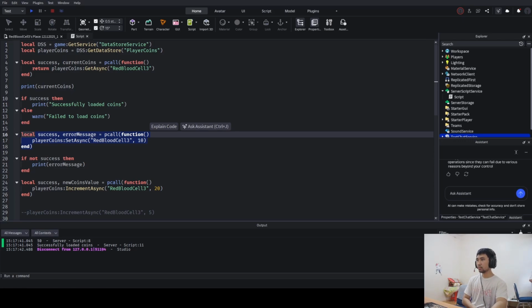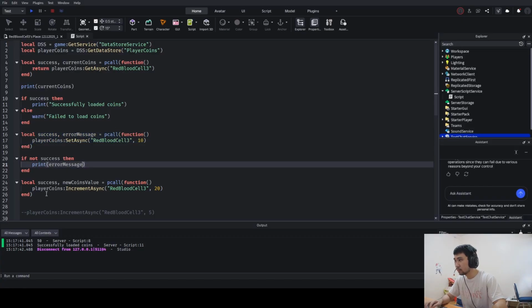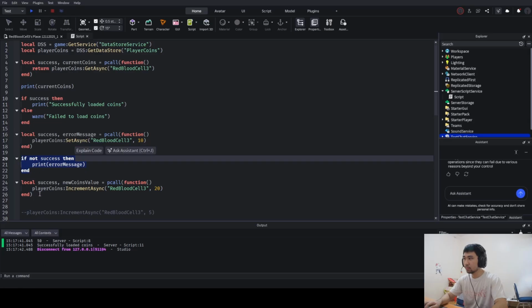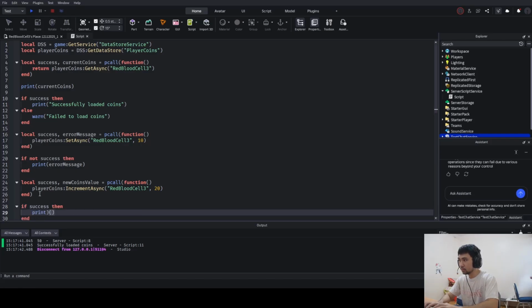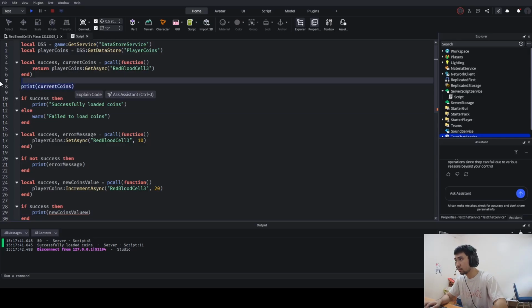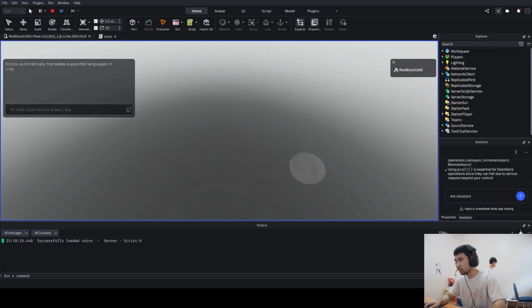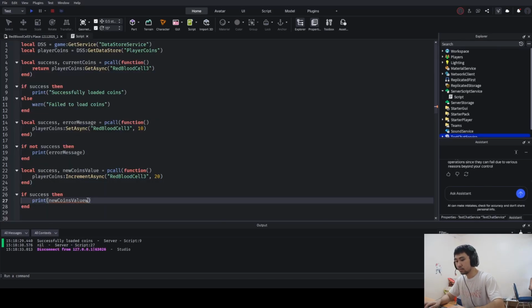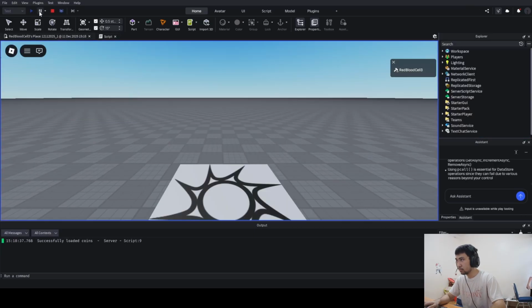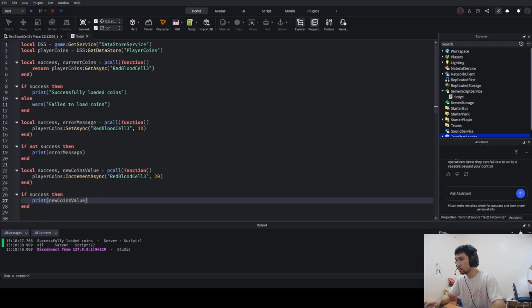That is basically how it's going to work here. We can check whether this was true or not. If success, then print new coins. Just like a basic example like that. And if we let's say want to remove the data, we would say local